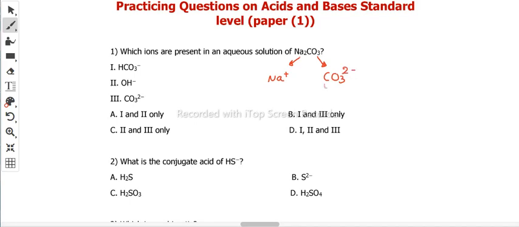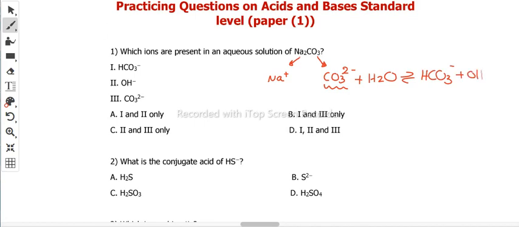And we need to further remember that this carbonate ion inside water will behave as a base, so it will be a proton acceptor, and this will form HCO3 negative